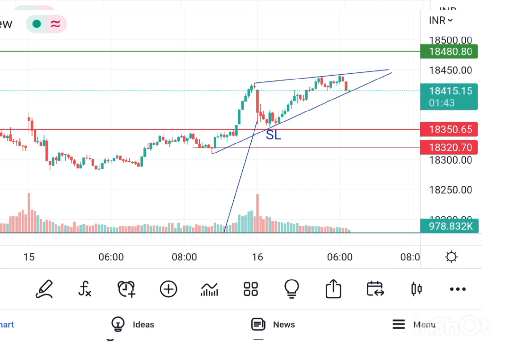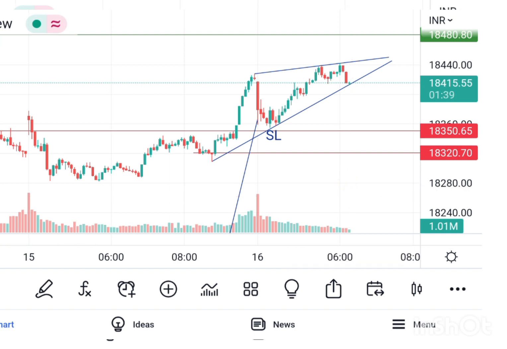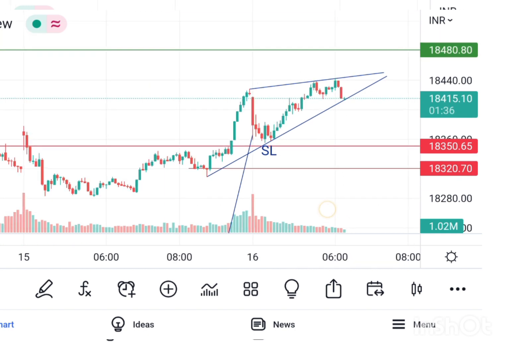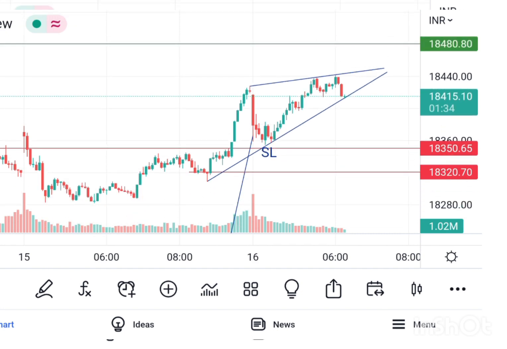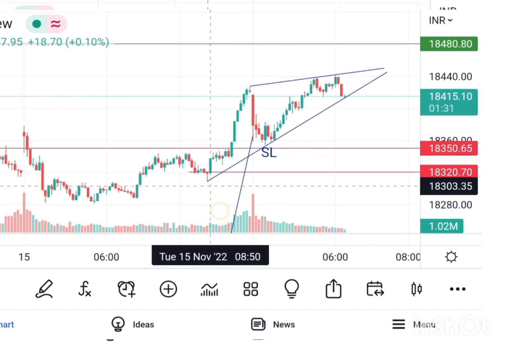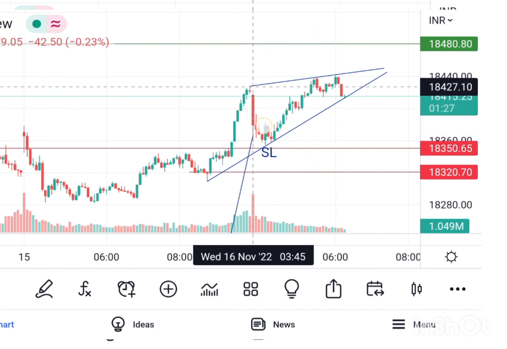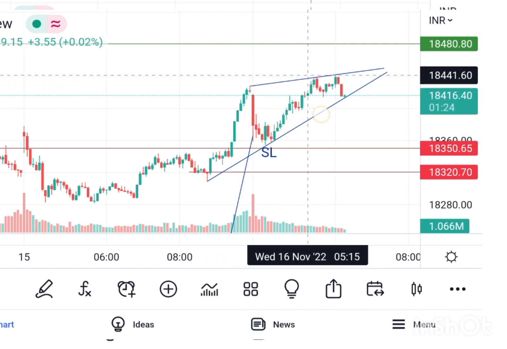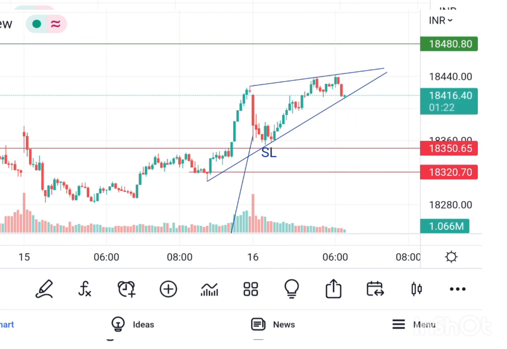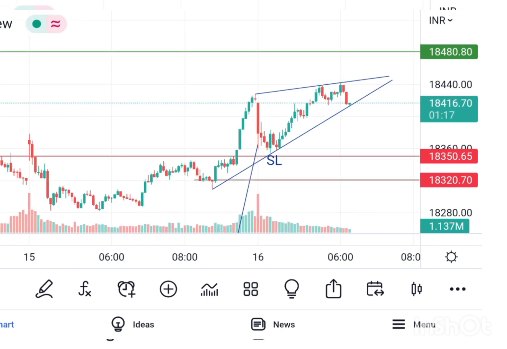So this is what I found out right now. Nifty is trying to form an ascending wedge. Nifty has touched one swing here, and second swing, and third swing here, and one top here, second swing here, third swing here. So Nifty has made an ascending wedge, or a wedge pattern. I don't know exactly what it is called, and